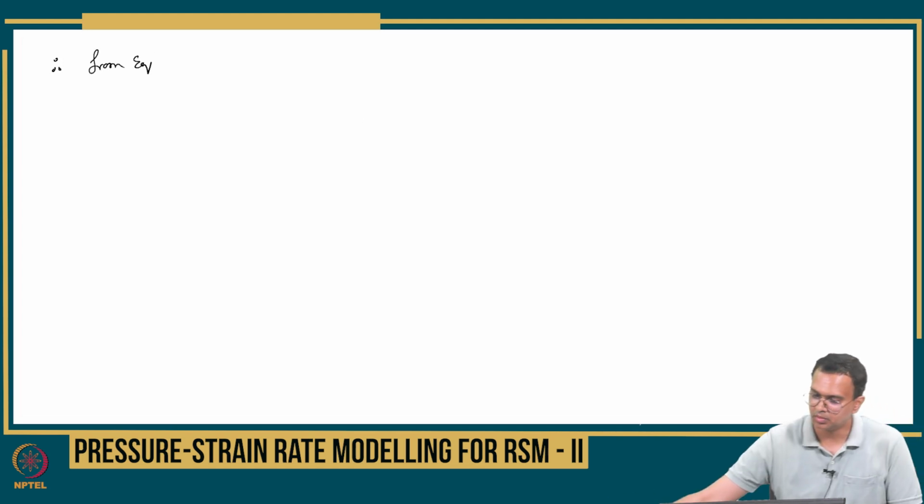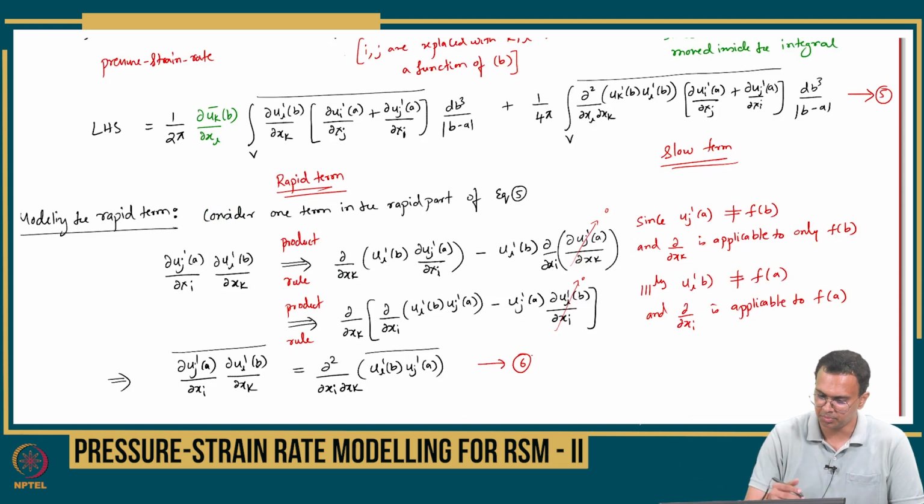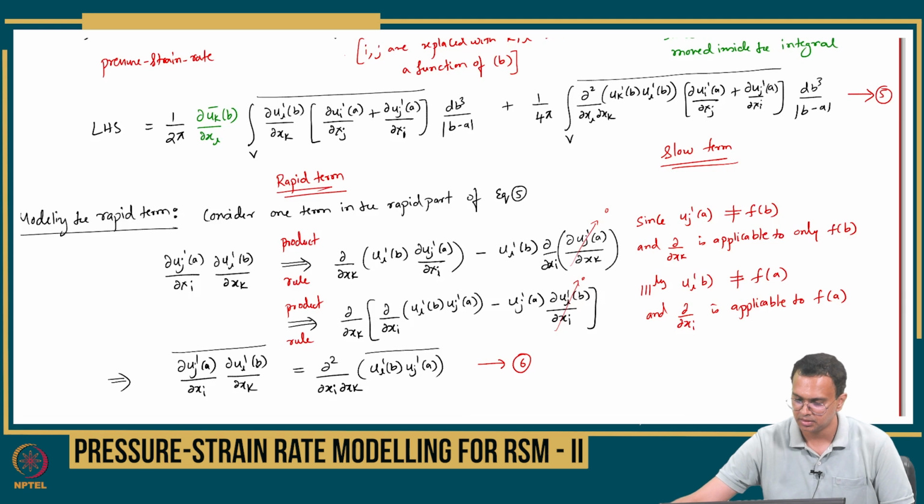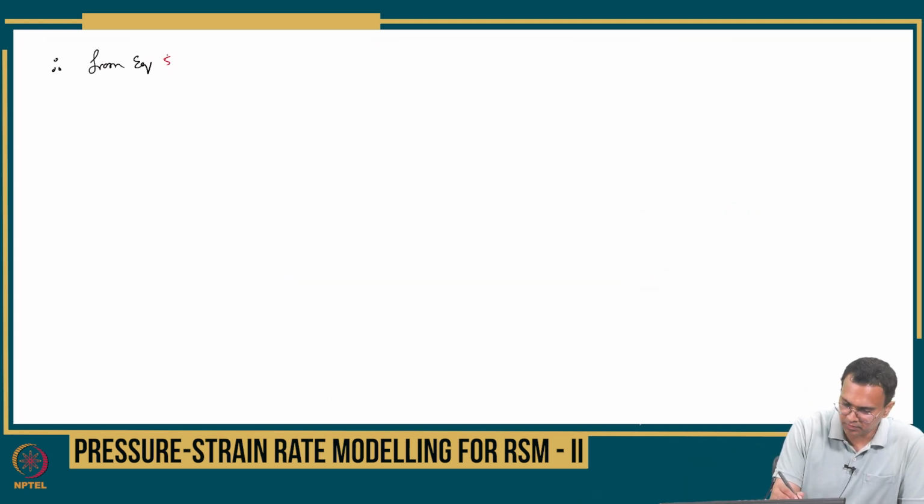So this previous equation, let us call it equation 6. So from equations 5 comma 6, I can say that the pressure strain rate, or the rapid part in the pressure strain rate, is depending on the mean strain and the Reynolds stresses. From equations 5 comma 6, okay, it is clear